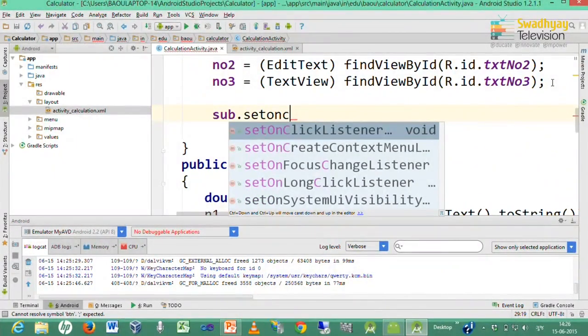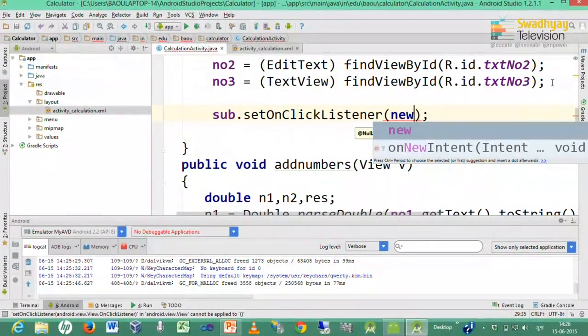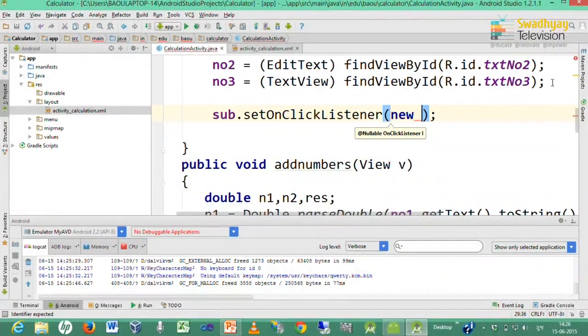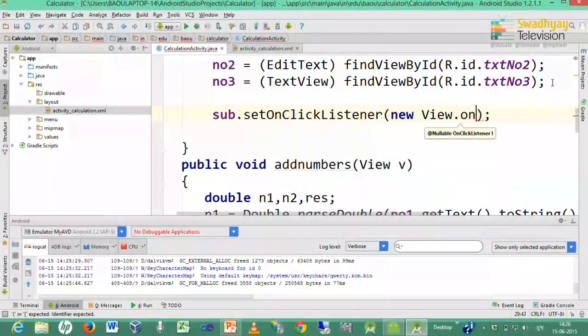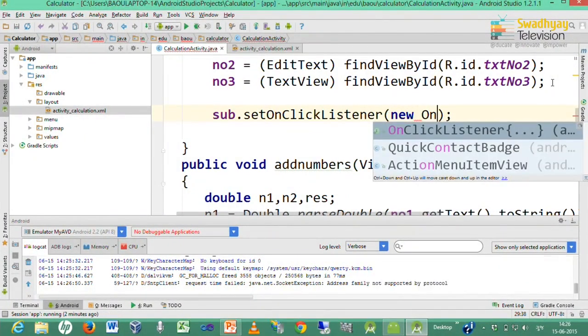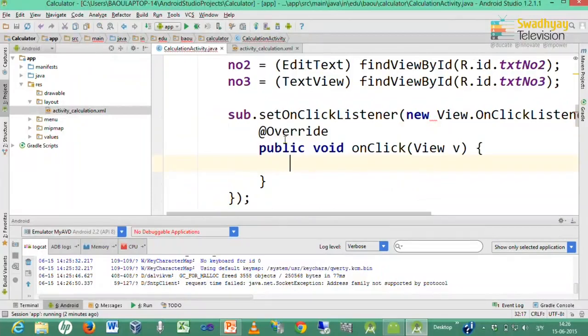We learned about listener in last lecture, that these listeners are used to handle click event. Inside set on click listener we write down new view dot on click listener, and it will write down code for you.